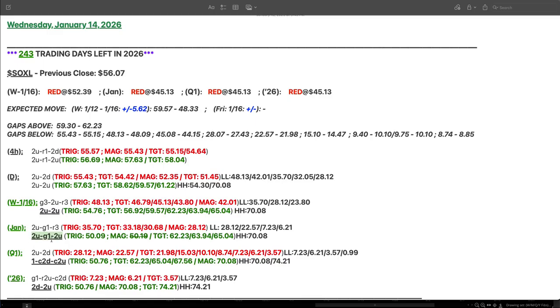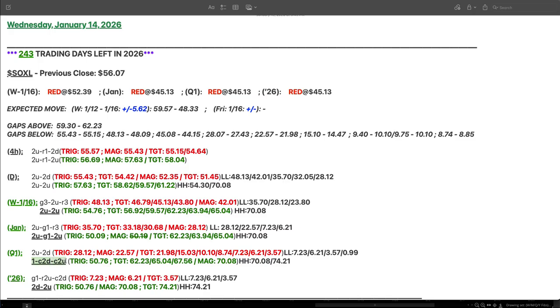On the month, we talked about triggering the 2-1-2 up at 50.09, reaching magnitude of 50.19, which locked November in as a higher low. We got above that 50.19, which gave us a higher high as well. So we continue the uptrend on the month chart, and we've got the targets here: 62.23, 63.95, and 65.04. If we do get up to that 65.04 level, we'll start adding some more extended targets, but we just want to see where things take us. Don't want to get too far ahead of our skis, but we do know that 70.08 is that magic number,